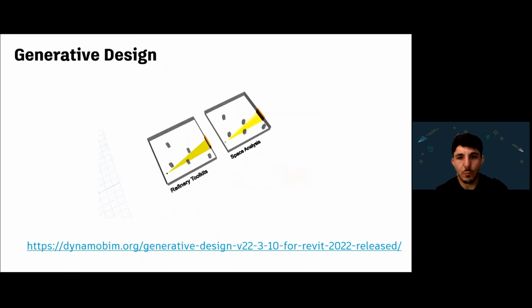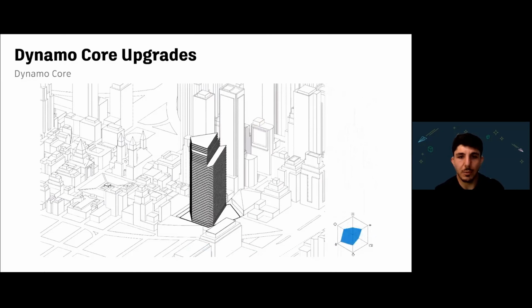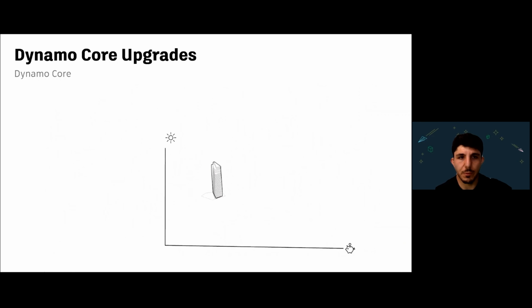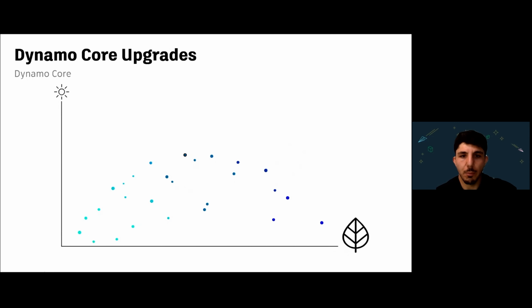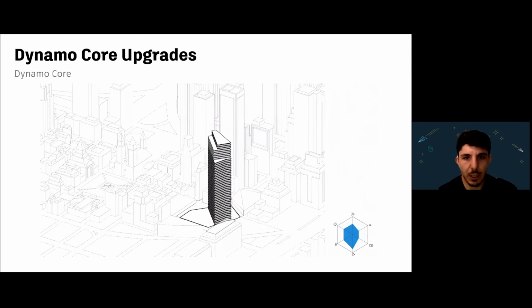With Dynamo and generative design, you can do things you didn't realize you could do before: view finding, space optimization, all sorts of opportunities. This has really evolved in the last few years, and I think it's underutilized, because a lot of people could benefit from this, whether it's trying to find the right shape or trying to study the information in your model. You don't have to crank through everything yourself manually. If you know what you want, you can just tell Refinery with Dynamo to figure it out for you, plot some information, get some options, get some graphs, get some data, and help you more. This is an amazing power out of Dynamo.